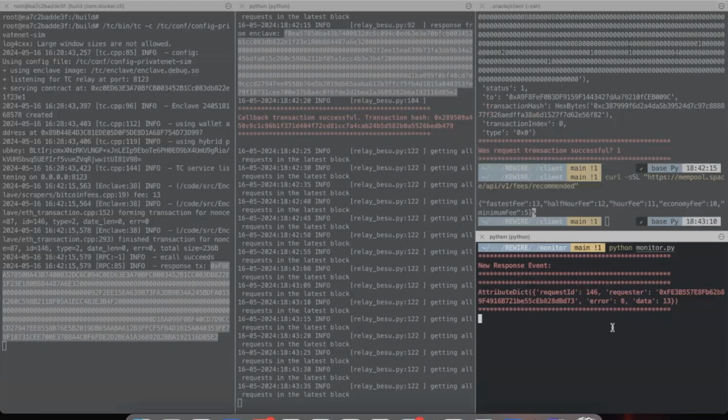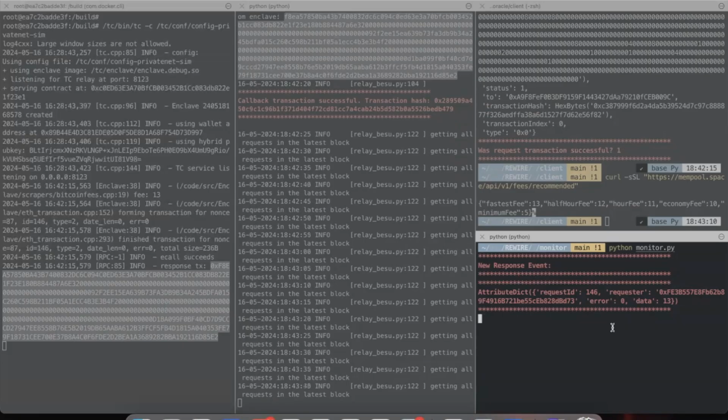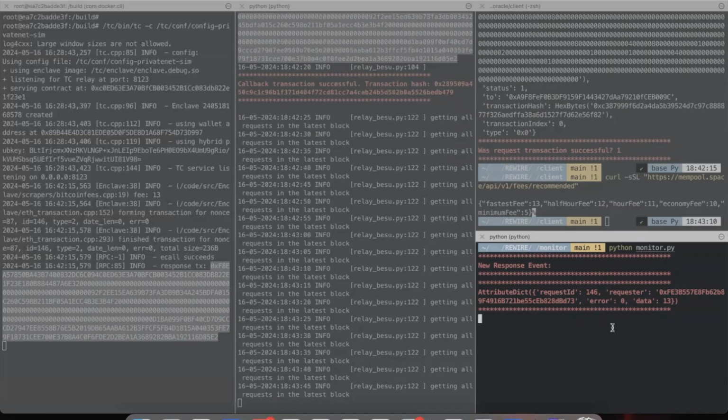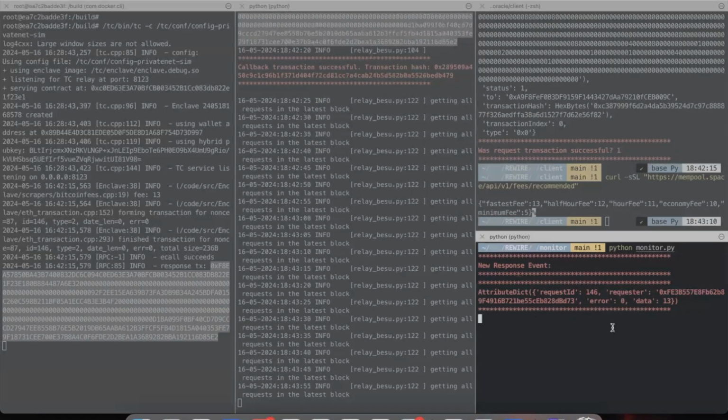I will also show you how we can store the raw data on the off-chain storage, that is Elasticsearch, and store the data pointer on the blockchain. This is very useful when you want to use Oracle to fetch large-scale data sets.